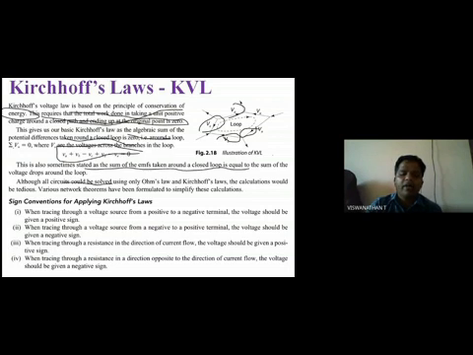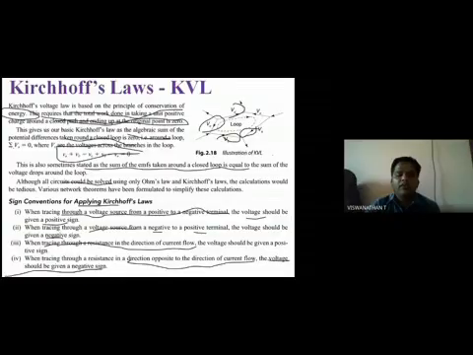The sign convention of KVL: whenever we go through a voltage source from the positive to the negative terminal, the voltage is positive. When the voltage source is from negative to positive, the voltage is negative. For current flow, if the direction of current flow is out of the source into the circuit, then it is positive. If it is going into the source, meaning the opposite current direction, then the sign should be negative. We need to know these 4 conditions for applying KCL and KVL.